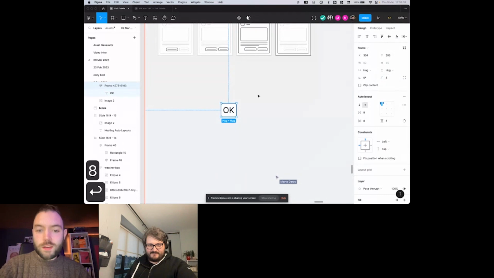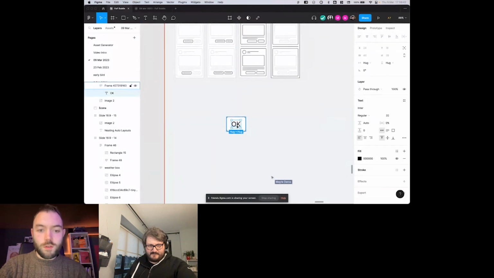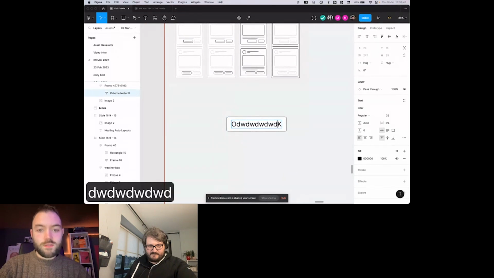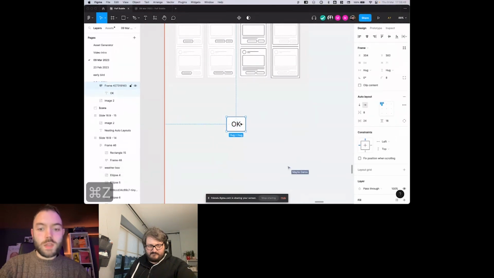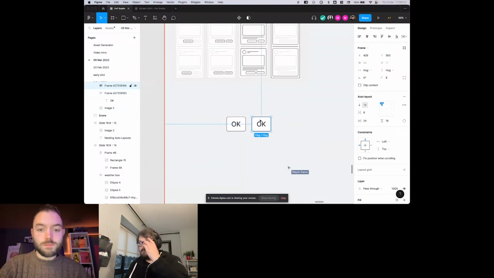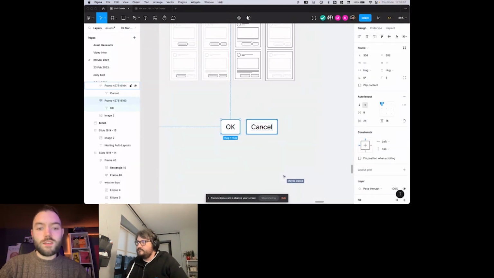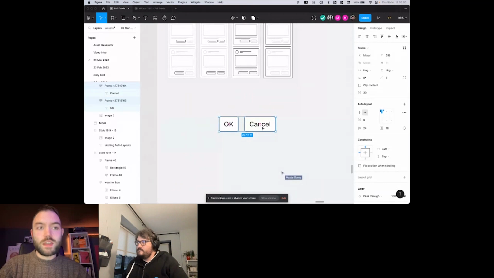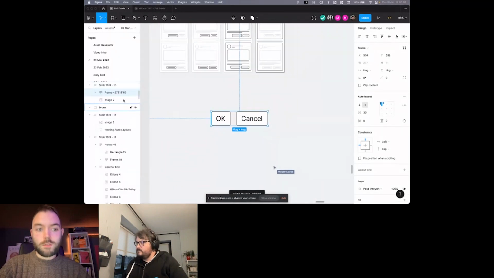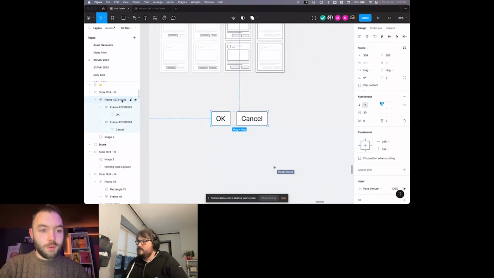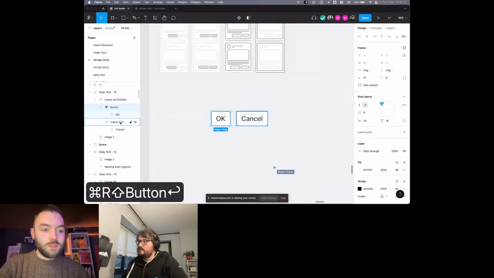So I'll give that a border radius up here, and maybe a bit of space, something like that. Okay, and there's my button. I've got text, and if I type more things, it's going to respond. I can duplicate that because there's a second button here. Maybe I'll call this one cancel. Then I can select these two auto layouts, and if I press Shift-A again, I've got another auto layout, and I've been poisoned with a terribly long frame number because there must be some element that has a big frame number. So I'll call this button